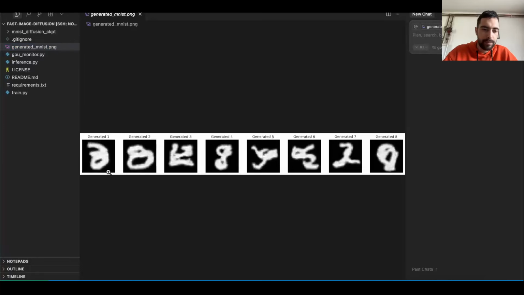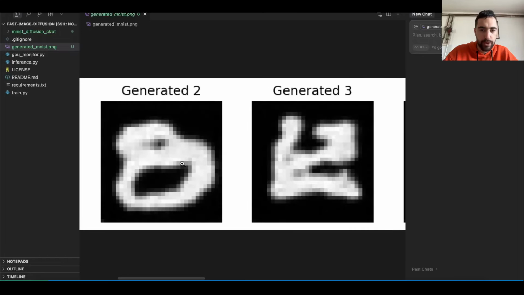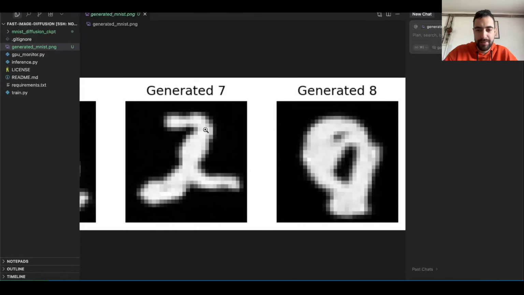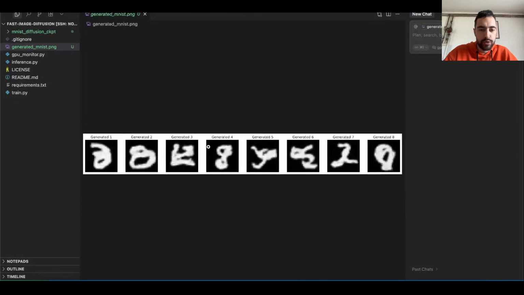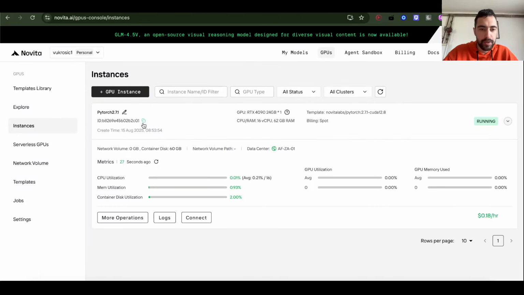Here, this is an example, so we train just less than 1 minute. So this is number 1, number 2, number 3, they aren't looking so much like these numbers. Number 7, okay. What if we increase the training time? And I'm using a single GPU, 4090, on Novita AI. This is the cheapest on the market that I know of, 18 cents per hour if you choose spot billing,